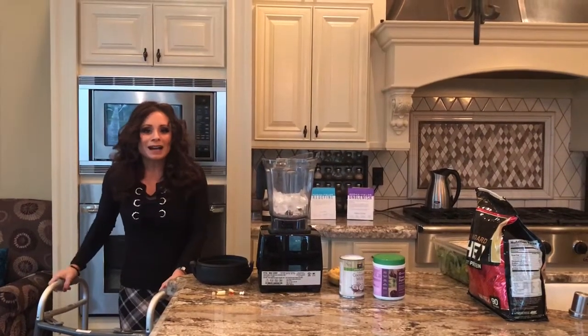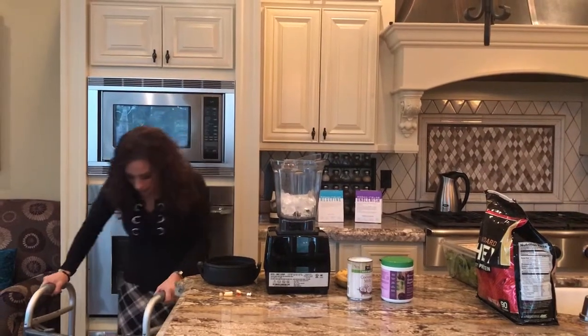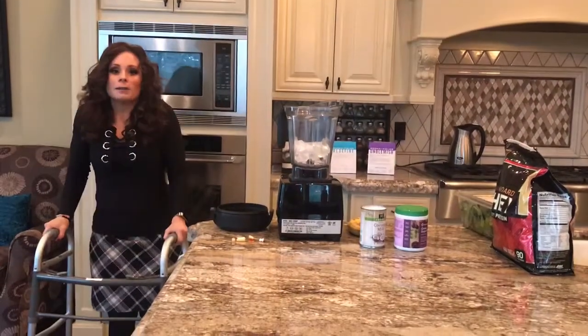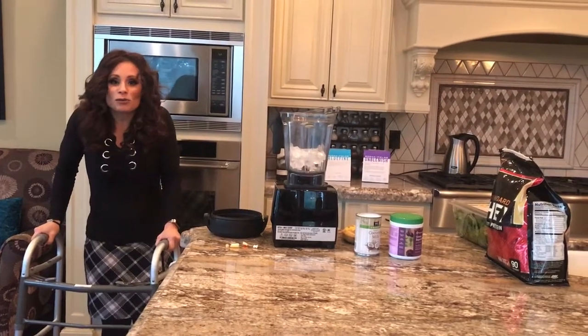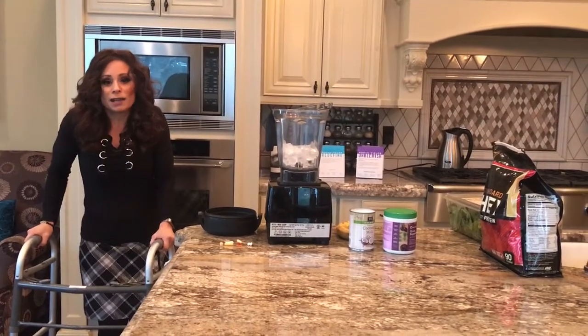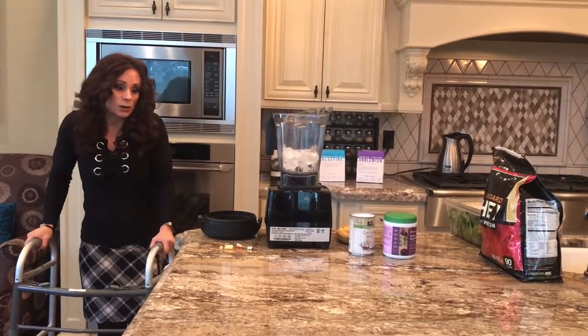Good morning, everyone. It is day 15 post-op from bilateral knee surgery. Today I'm traveling, but I wanted to take a minute to just go through how to make a healthy protein shake. I know a lot of you don't have a strong appetite because of the pain medications that we're on,